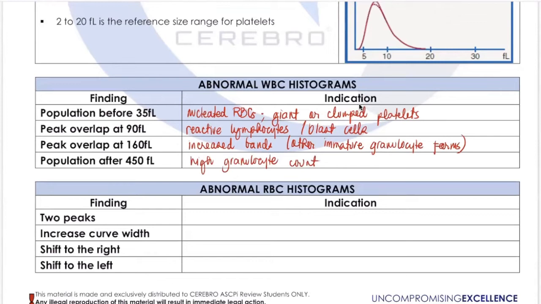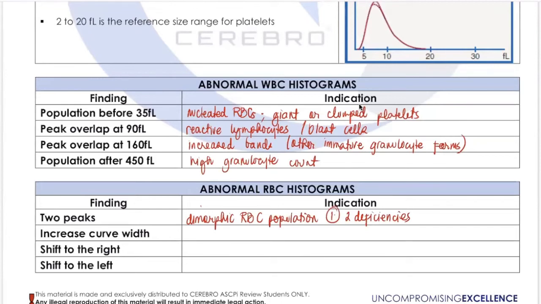Now for our abnormal RBC histogram, if you have two peaks, this could indicate a dimorphic RBC population. Dimorphic red blood cell population. So, what are the possibilities for having a dimorphic RBC population? Two. It's possible that you have two deficiencies occurring in your body. Maybe one deficiency is resulting in smaller RBCs and the other deficiency is resulting in big